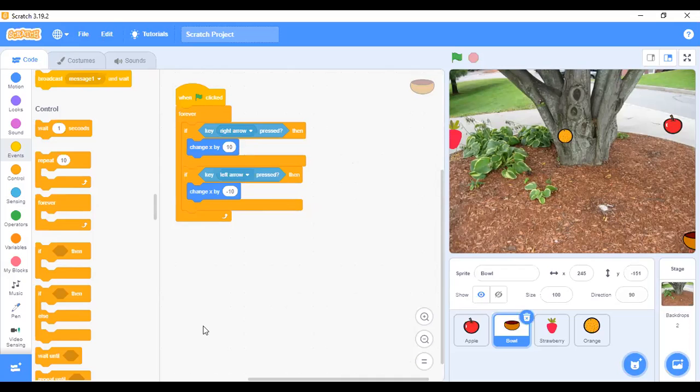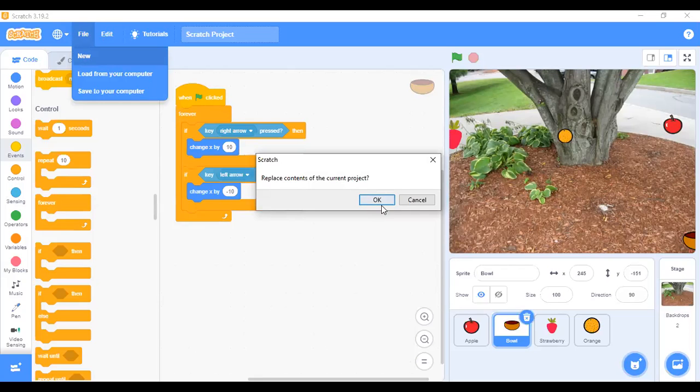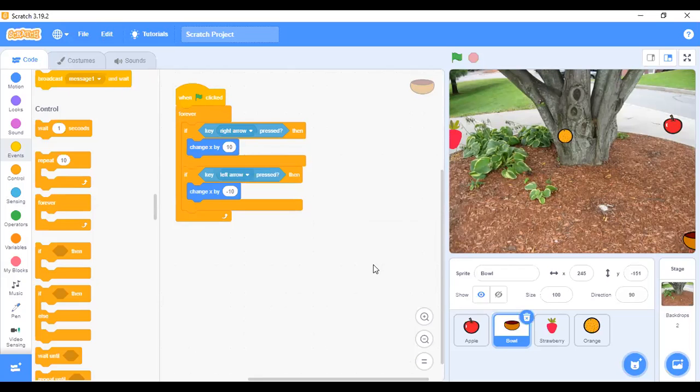Someone said, teach us how to upload from our gallery. Okay, good. Let me click on File, then New. Let me just leave the content so we stay with it. Come to choose the sprite. Before I do that, if you can hear me, raise your hand. Raise your hand. Let me see you. Okay, good. I can see you raising your hands. All right. Come to choose the sprite.